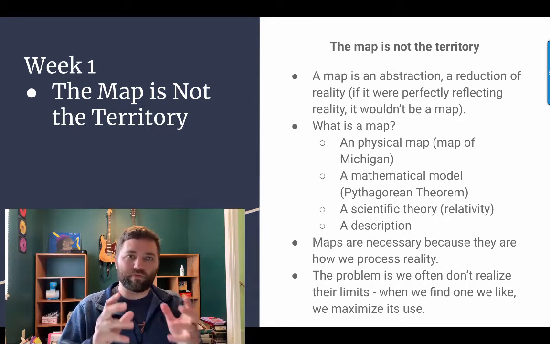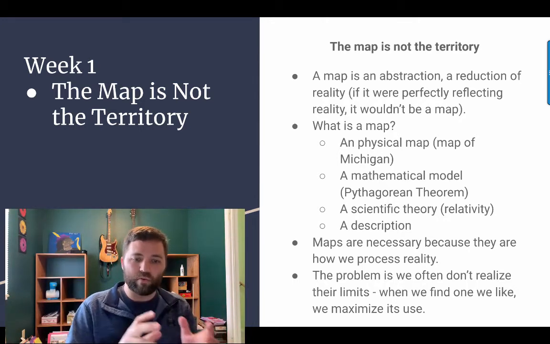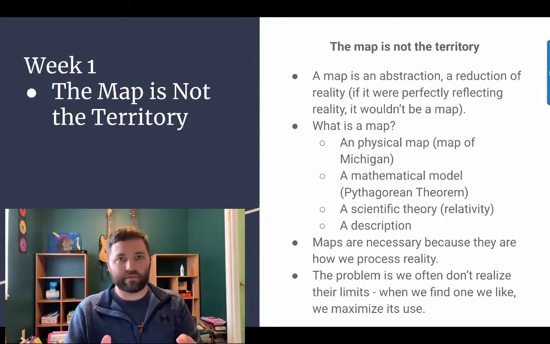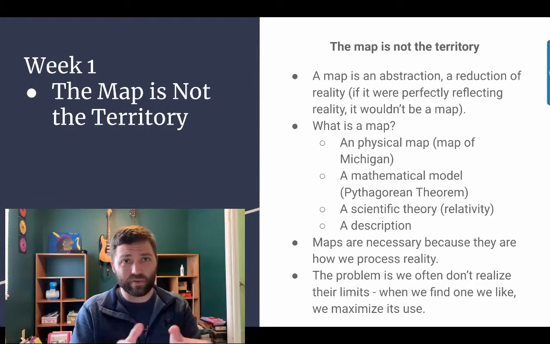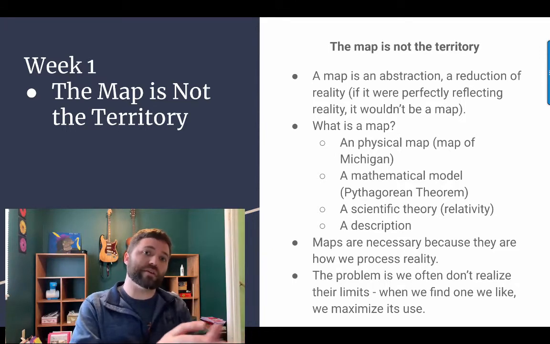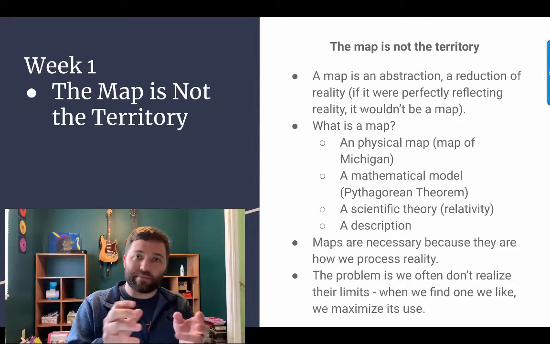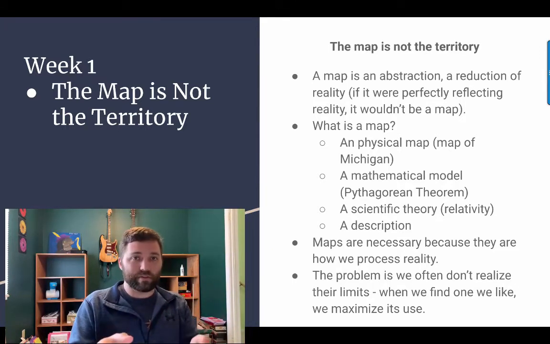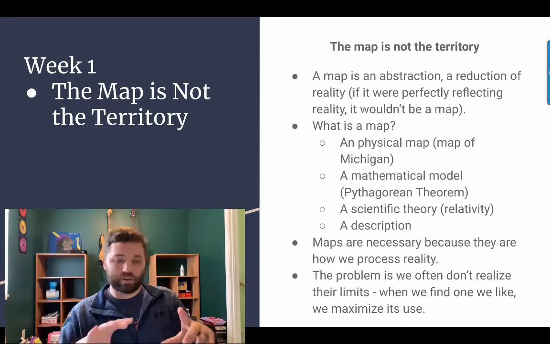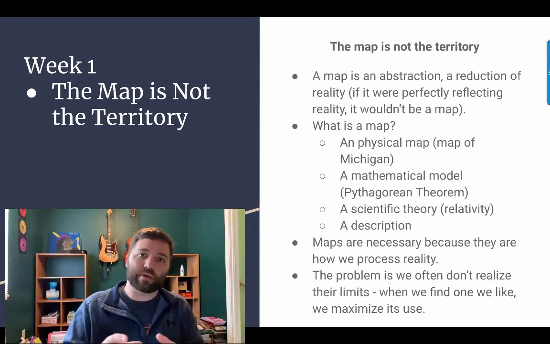We will find maps that we like, and we will try to maximize their uses. So if we have lots of maps, or just a few maps that we really like and understand well, we will try to apply them in certain situations. And sometimes we're going to fail, like the Pythagorean theorem as a simple example. If we try to apply that in a situation where maybe you're turning something on a lathe, your distances are not going to work out right.